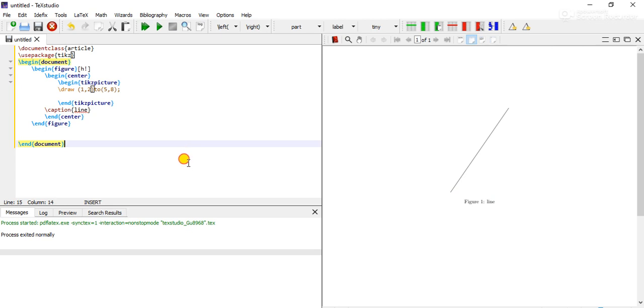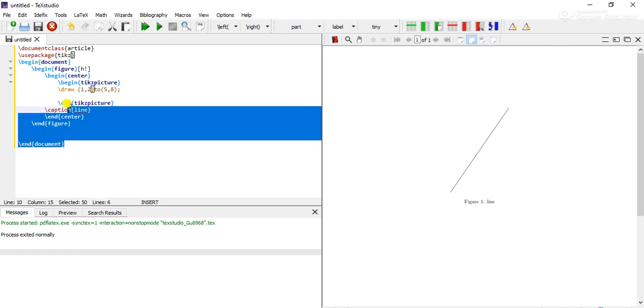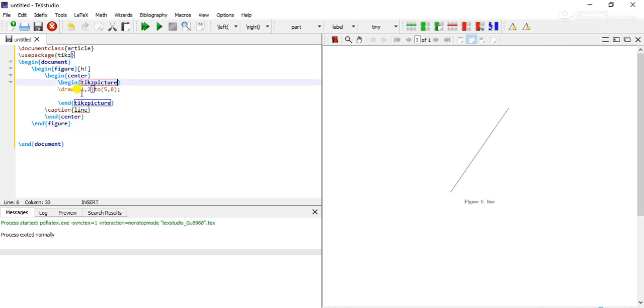Suppose, for example, you want to draw a triangle. Now I'll have to give the coordinates in such a way that it is a triangle. Let me start with 1 comma 2, and next let it go to 5 comma 4, and the next point let me take to be 5 comma 2. Be sure with the coordinates, and let it go to the original point 1 comma 2.